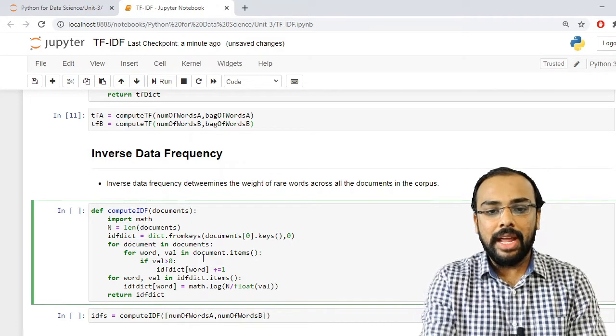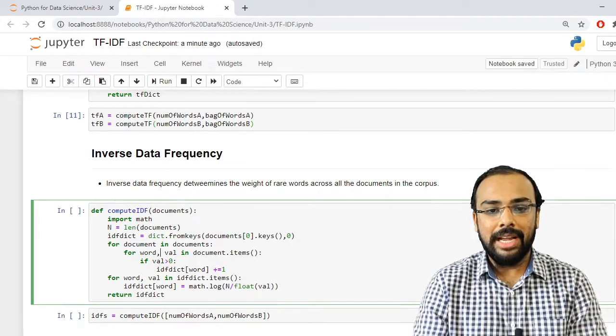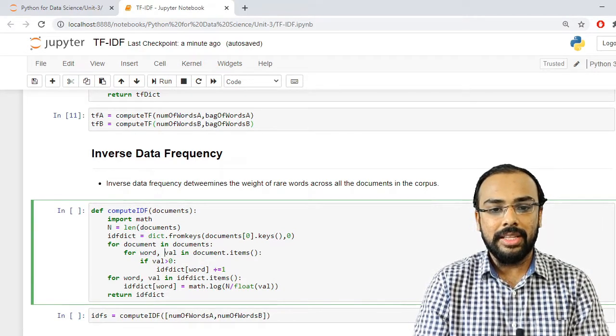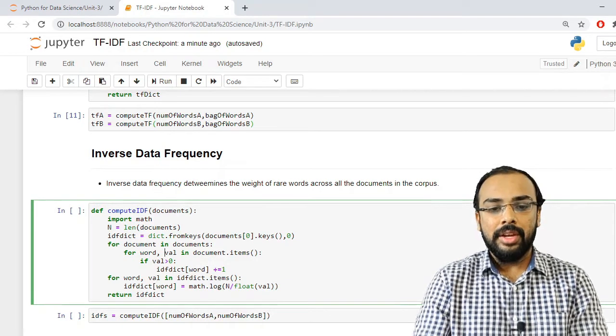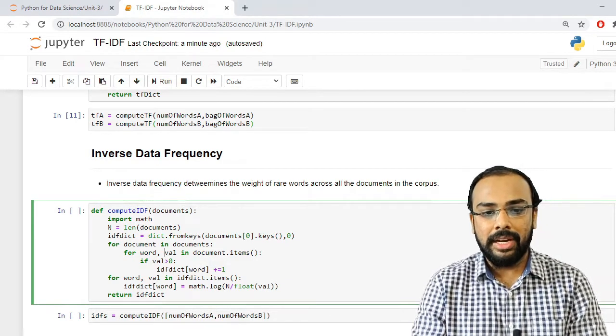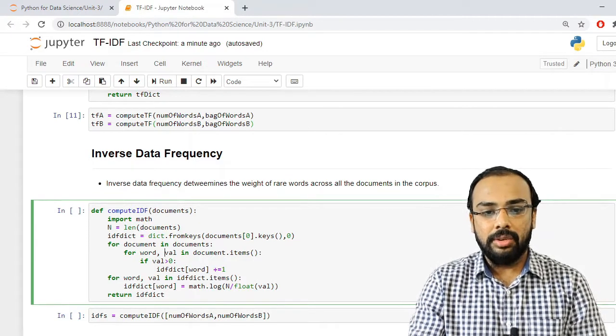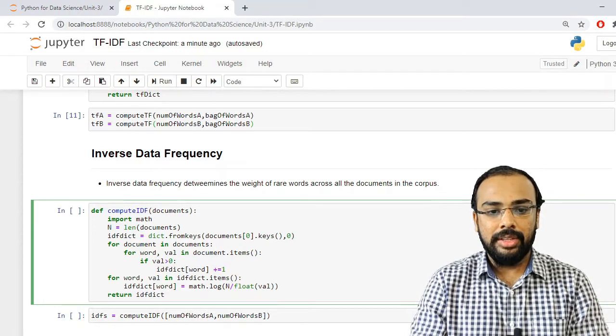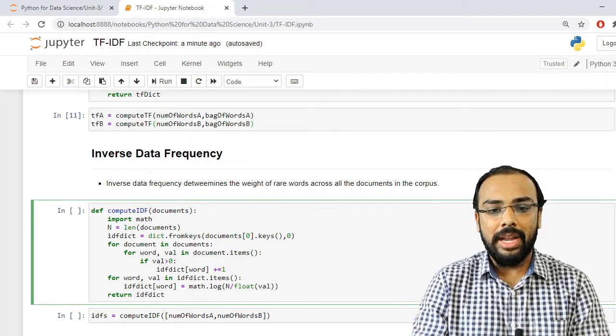Whenever I apply this items function, I get two different things: first is the word, and second is the value. The first condition I need to check is that the value should be greater than 0. If it is 0, then it is of no use. So if the value is greater than 0, yes, then I am incrementing its counter by 1.